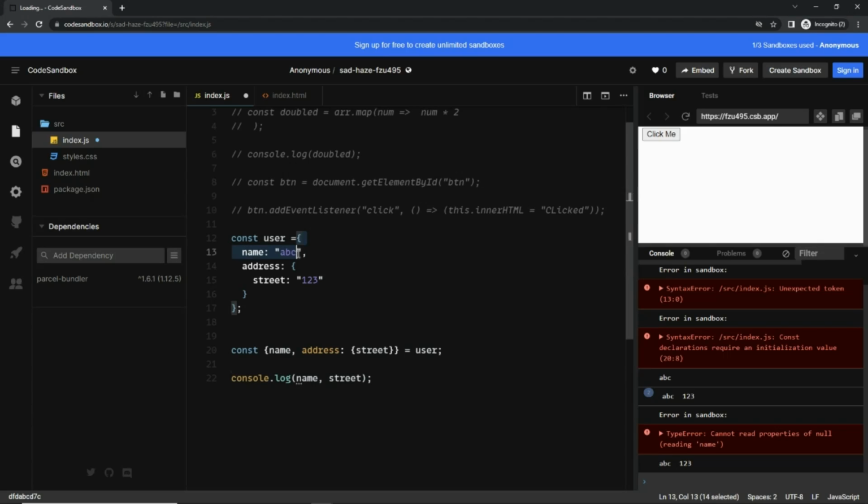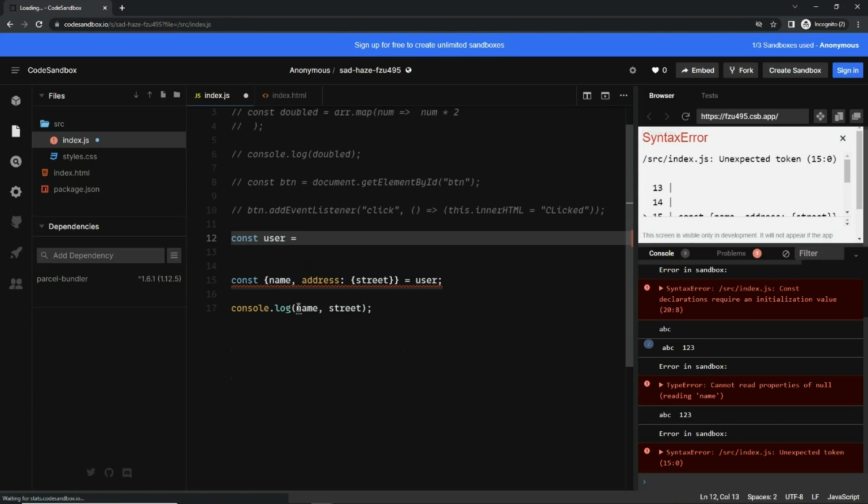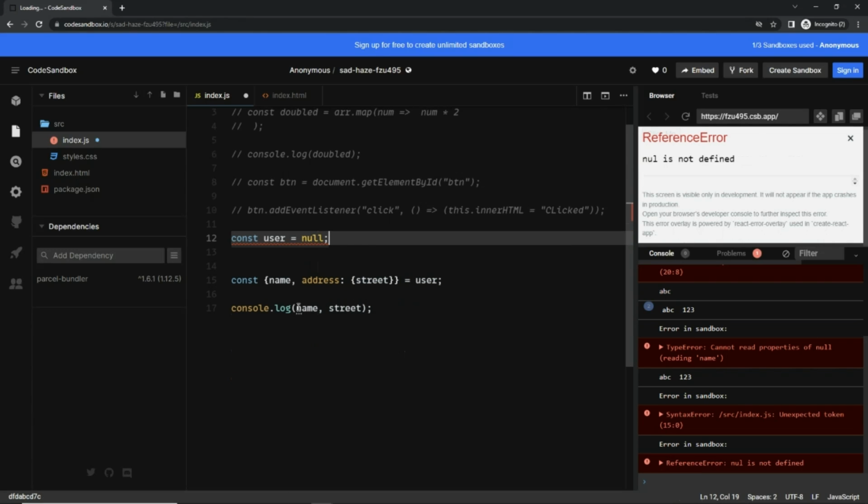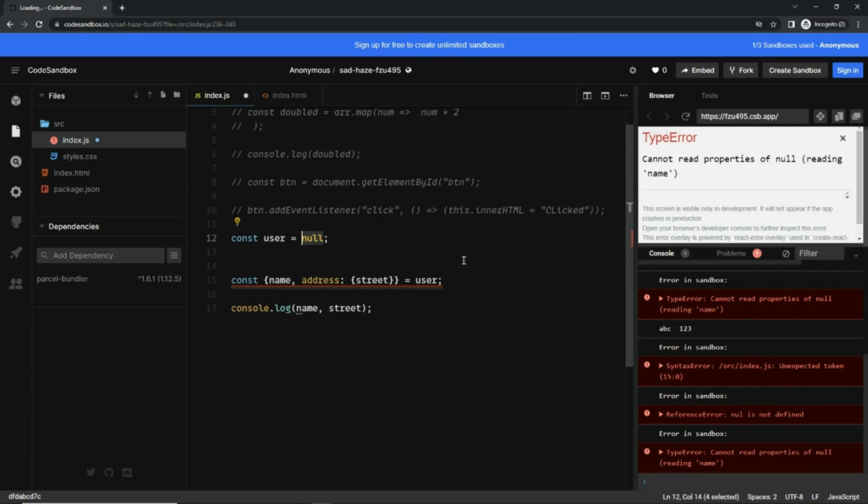He said, let's say this object data is coming from an API, and due to some reason, this data is null. So let me do that. The moment I change it to null, the application is broken because we can see the error here. Now he wanted me to fix it. So he wanted me to add some null checks while destructuring, so that even if this value is null, the